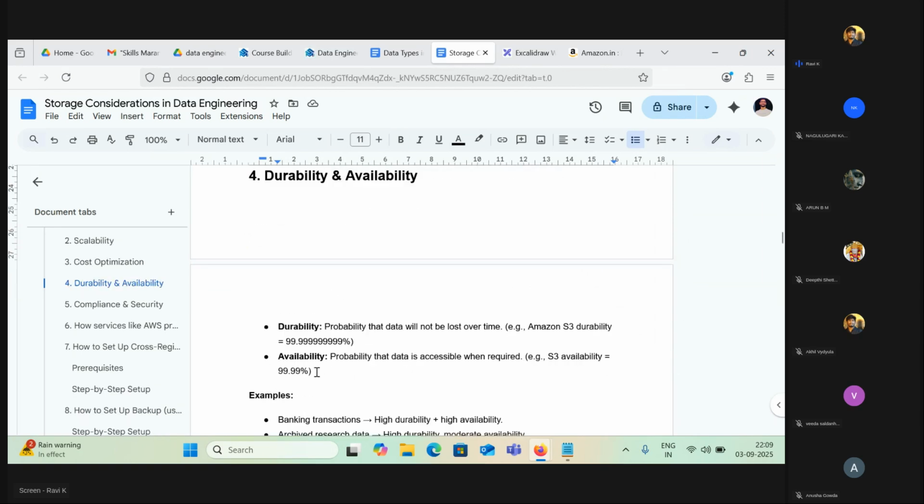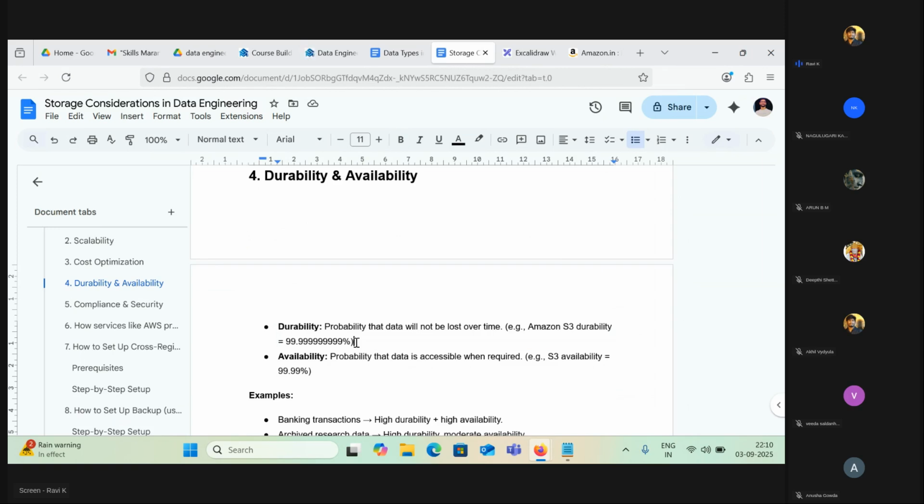And coming to durability and availability. You put some data into these storages, right? You need to make sure, like you trust Google Drive, right? Google Drive is supposed to make sure that the data is always available to you, and that it is durable at any cost. You shouldn't lose that file. Let's say you upload one of your best photos to Drive. You do not want to lose that, right? If you lose that, then you will lose trust in Drive.